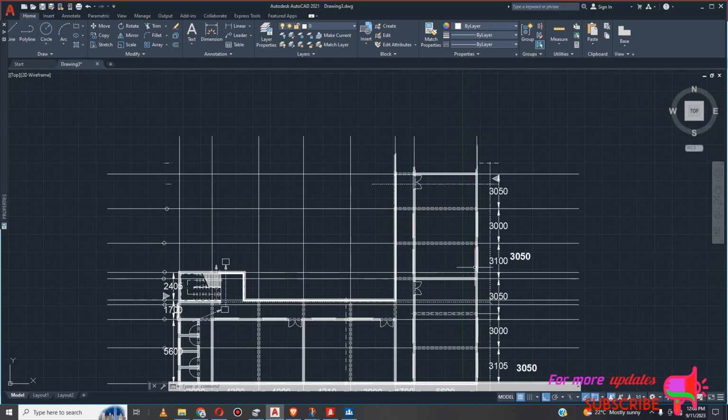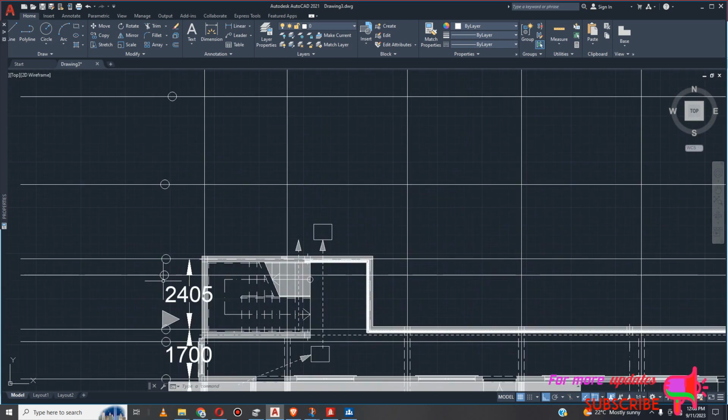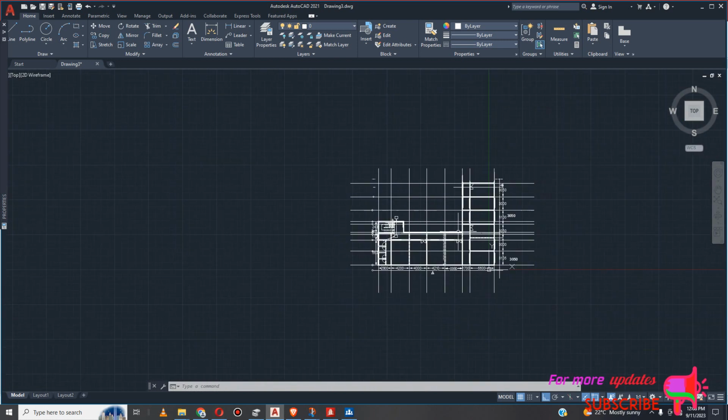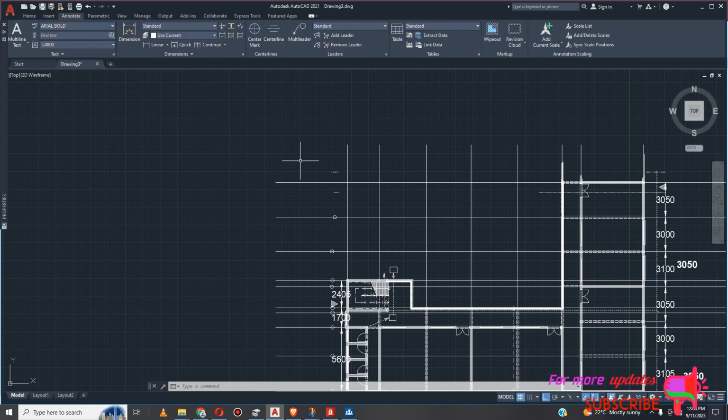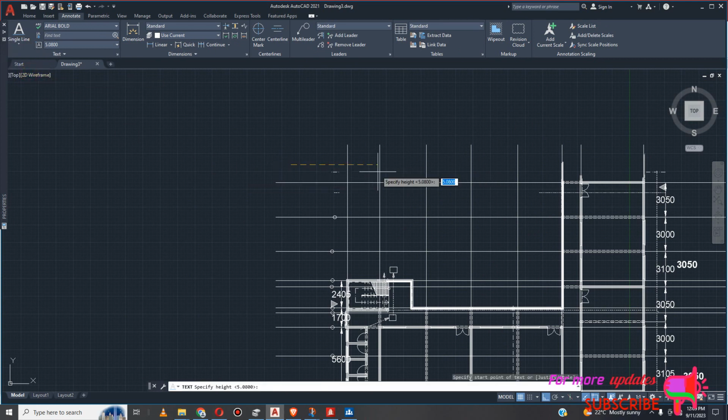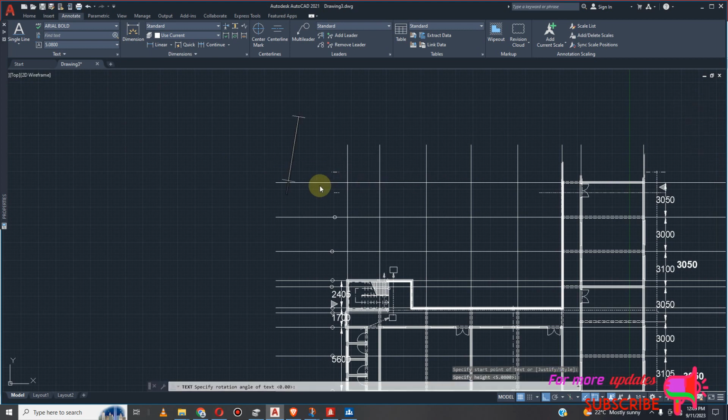Okay, so we are going to name these grids. So annotation, I'll think single here, and there, and there. So I put 0, 0, and then